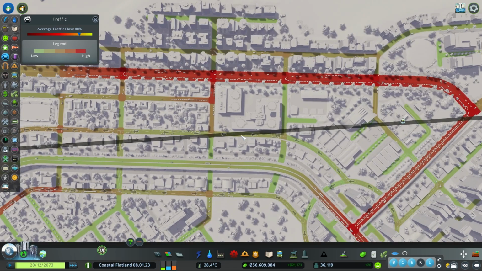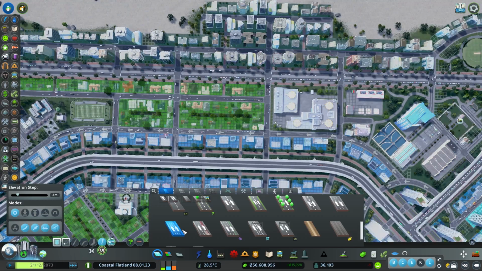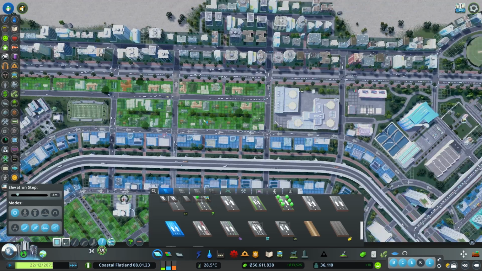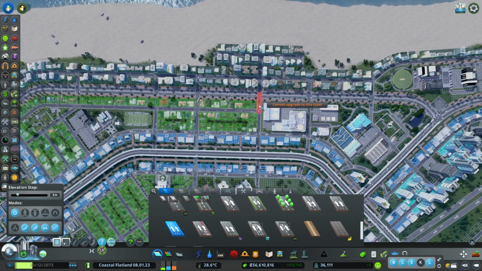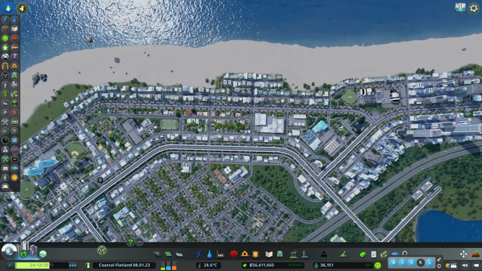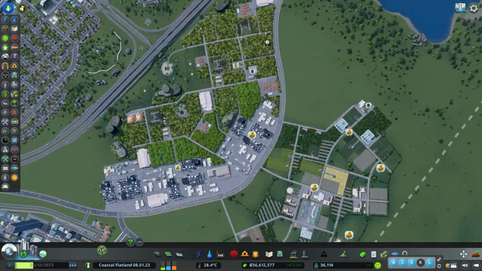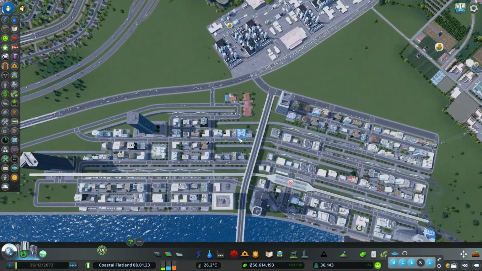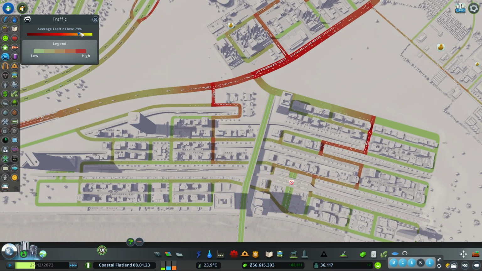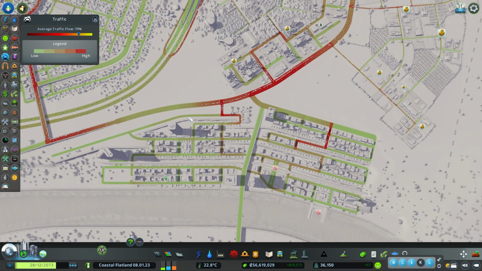Therefore, let's do some editing here as well. Let's make these go in one direction. So now I'm forcing all the vehicles, instead of going here, to just take this route instead. And hopefully that would help reduce the amount of traffic that we currently have. If we take a look, it's even worse right now, but give it some time and it will work